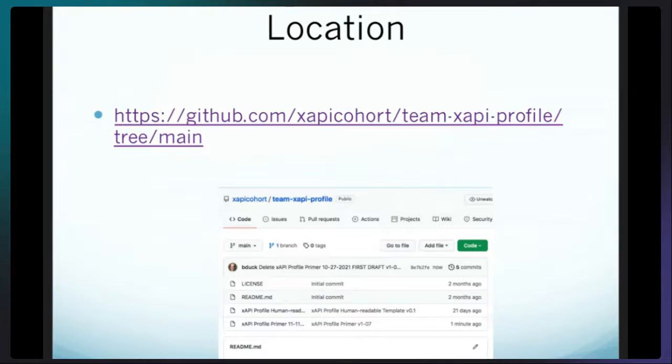So next, we want to talk about the URL, or location, for these documents. There's an xAPI Cohort organization on GitHub. You go into team-xapi-profile, as you see in the blue at the top of the screen grab, and then the two documents that are outputs from this team are the Human Readable